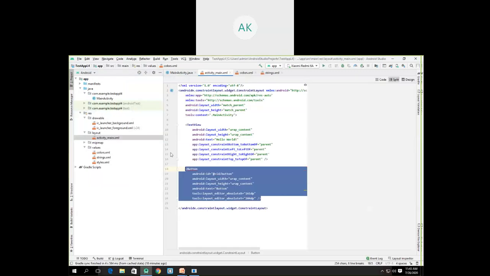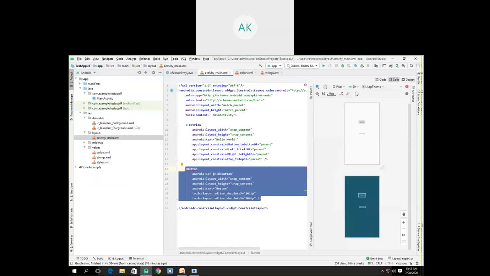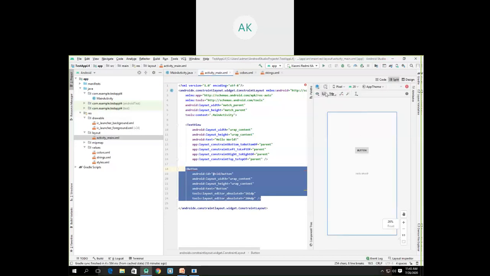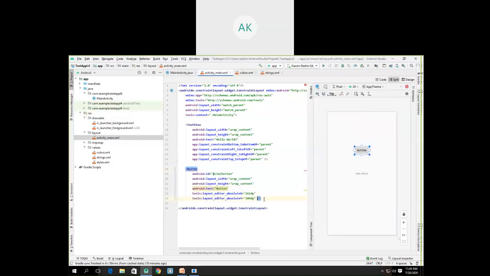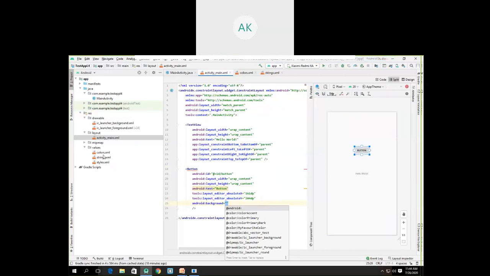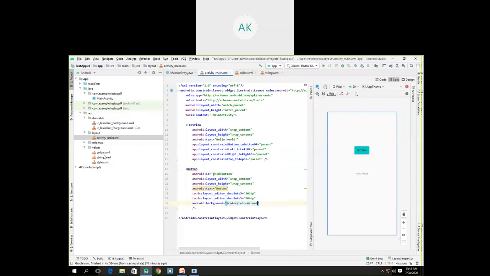Let's see the example. So here if I want to make this button background red, how can we do that? Let me switch to the design view. Now as you can see, this button is currently displayed with a gray background. If I want to make its background red, then what I can say is button background is equal to, since it is defined in the colors.xml, I'll simply go to @color, and the color we have defined as my favorite color.